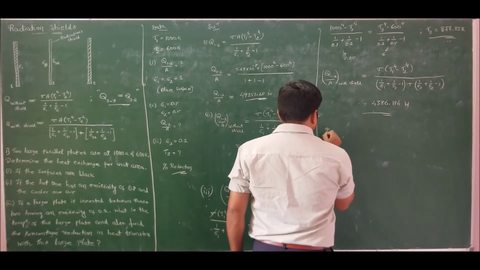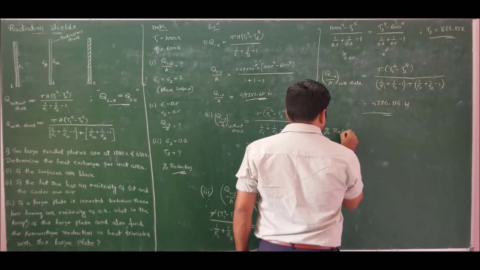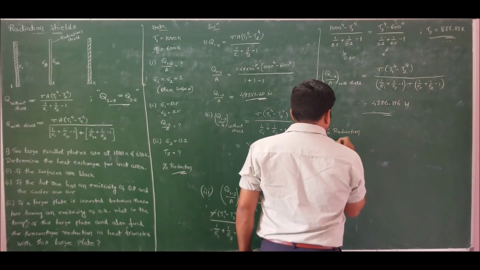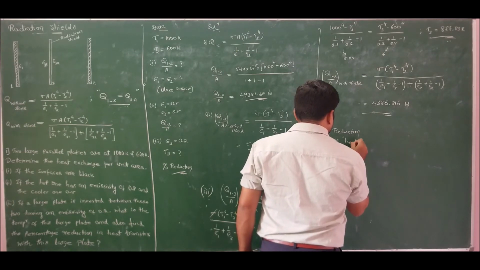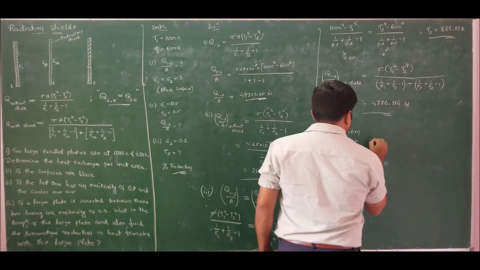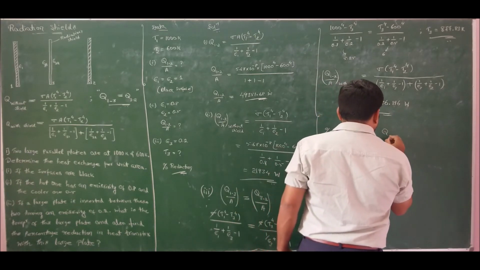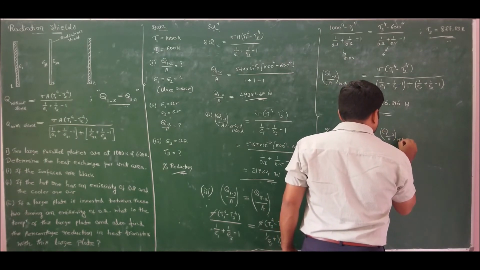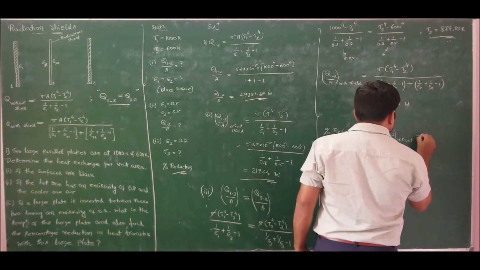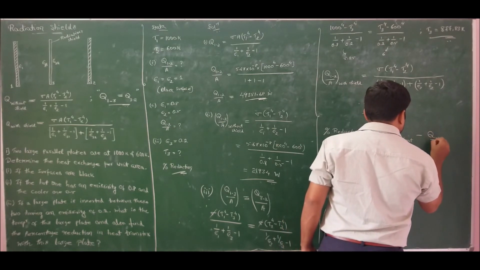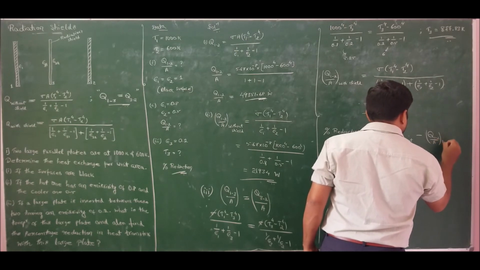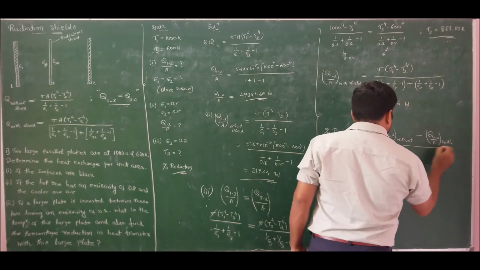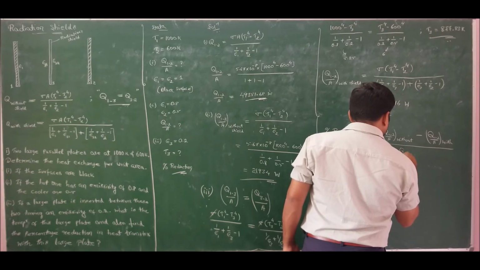So therefore, the final answer is: percentage reduction in heat transfer is equal to heat flux without shield minus heat flux with shield, divided by heat flux without shield,